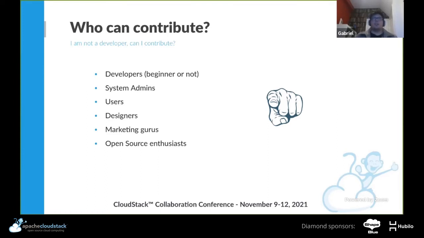And even end users, there are users who know they are using their provider's CloudStack. Sometimes they use even the same CloudStack UI. And if you are a user and you see a thing that can be enhanced, don't hesitate. You can go there and raise an enhancement issue, and the developers will take care. If that fits with the schedule of the release, they might add it.